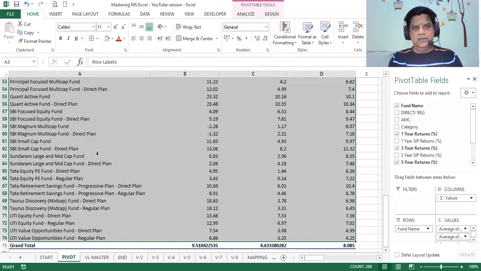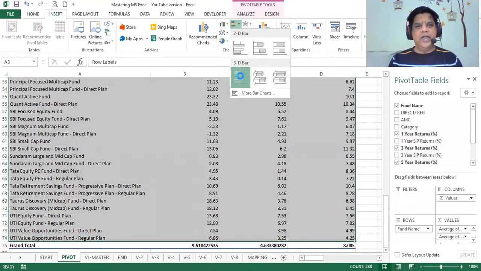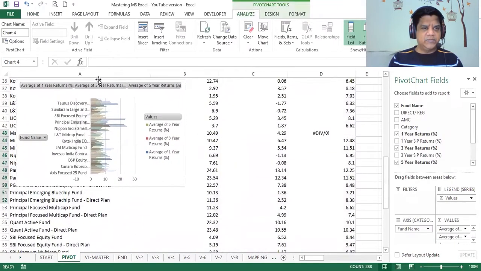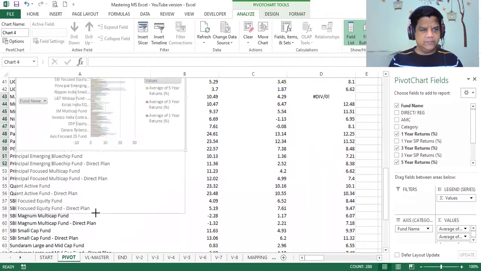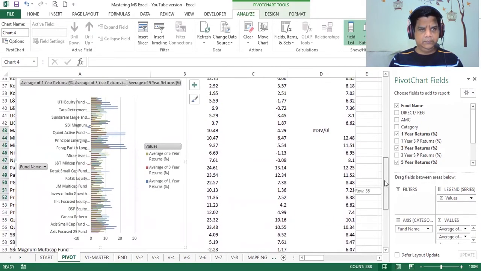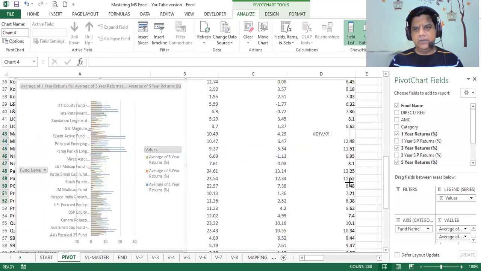Once you've selected the pivot table without the total, what you need to do is go to Insert tab. In the insert, you see different charts here. You can select a chart of your choice. Let's say I'm selecting this, getting into 3-dimensional chart. This is something which is available to me. So let me just expand it and show it to you. I'm just increasing the size, and increasing it from here as well.